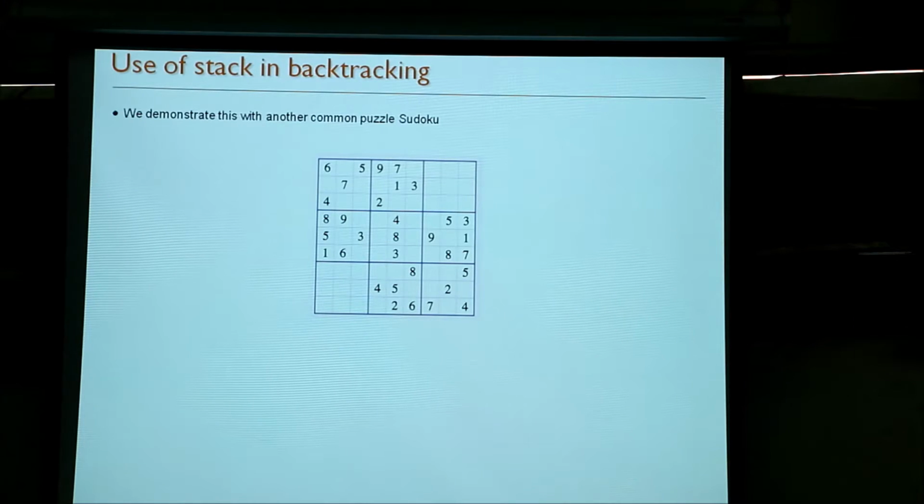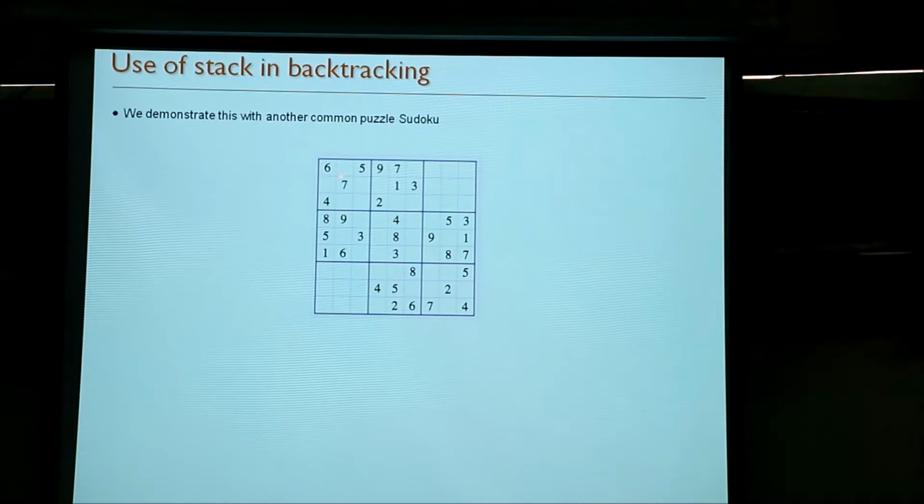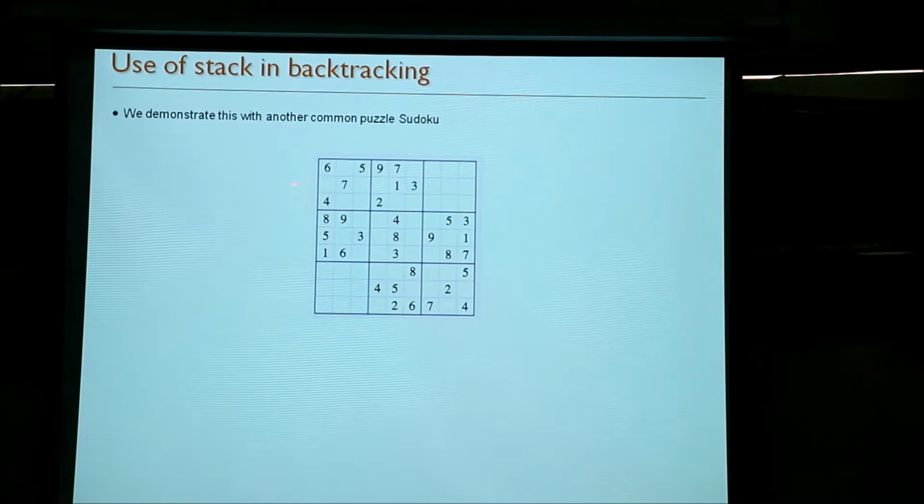So anybody with the backtracking, some algorithm? What we do is we will start from row 1 column 1 and keep on filling the empty cells, maybe row wise. First we will try this cell, then we will try this cell, and so on. For every cell we will try all possible options and check which are valid. If the option is valid, then we will place it. If it's not valid, then we will try the next option. And if we run out of options, then we will backtrack and go back to the previous option.